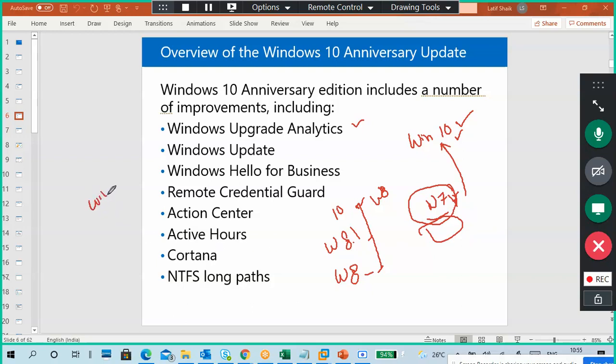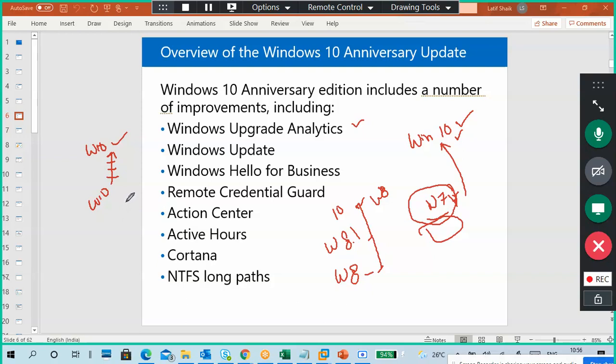If you are on Windows 10, you can upgrade it to Windows 10 again. It means the build versions are different. Earlier, a 15.042-something build version was there. Now we have a 19-something build version, right? So like that, new builds of Windows 10 are being released. Okay, so then we are getting into this one.